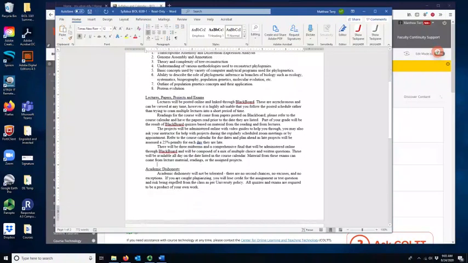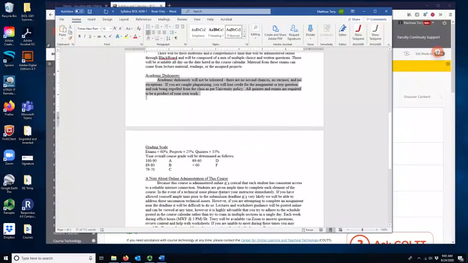Okay. This just says don't cheat, just like we already talked about. Don't cheat, don't plagiarize. At the end of the semester, you'll be graded on this scale. Your exams, all weighted equally, so all 4 exams, each one will be about 15% of your overall grade, for 60% total of your grade coming from exams. The projects will be